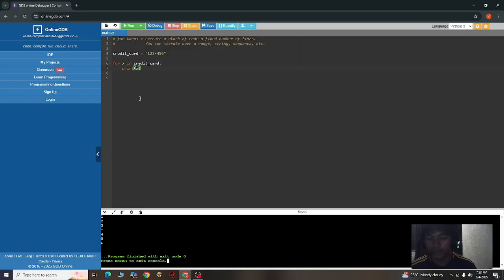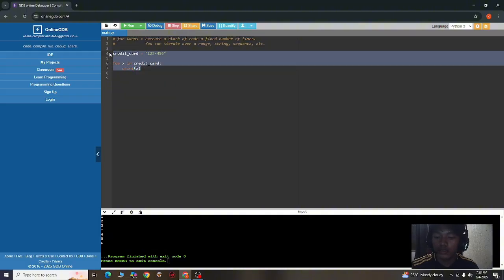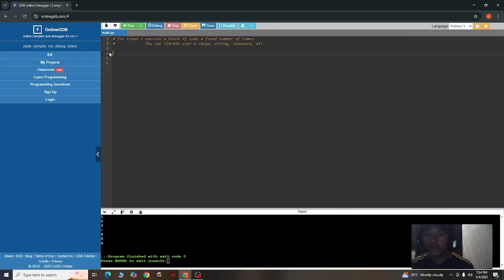So next example, I want to introduce the continue keyword and break keyword. So let's have continue first. You can also use this in a while loop. So for X in range 1 to say 21, so it would end at 20.